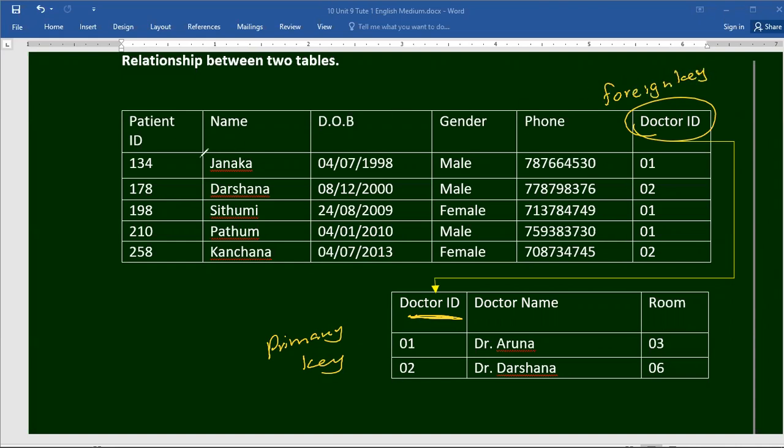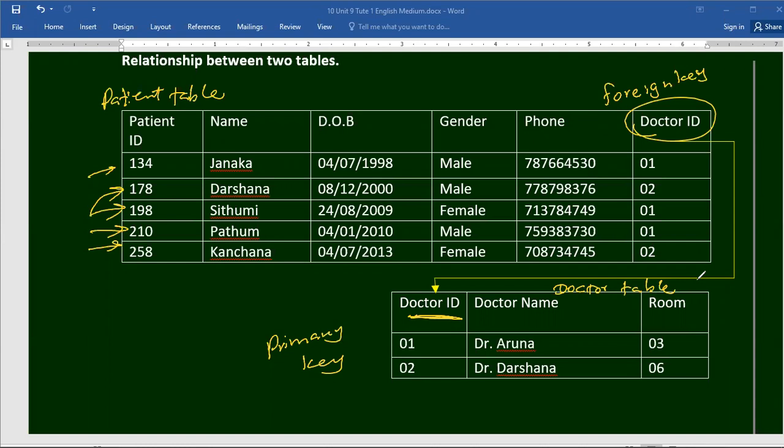Just write it down. You do not want to write all the data, just one or two records can be entered in your note. This is the patient table. Let's say with 2 rows, you can use that. And with 2 rows, you can use the doctor table also. Doctor table, right? Take your note, just write it down.